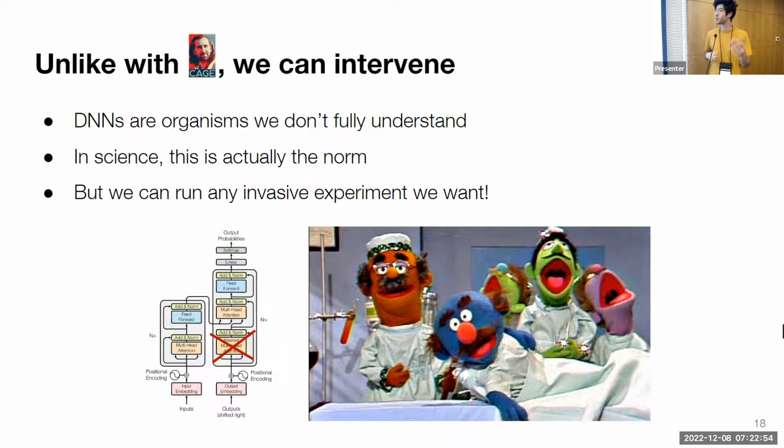If I want to ask a question about the effect of Nicolas Cage on pool drownings, I would have to design an experiment. I would have to make Nicolas Cage play in fewer or more movies and see how this affects downstream pool drownings. But in NLP, we have a simpler case. We can actually modify either our examples or our models. There's no constraint that stops us from doing manipulations or changing things within the model.